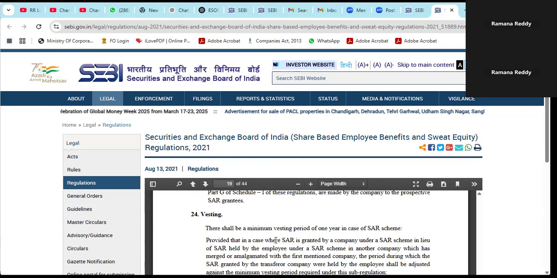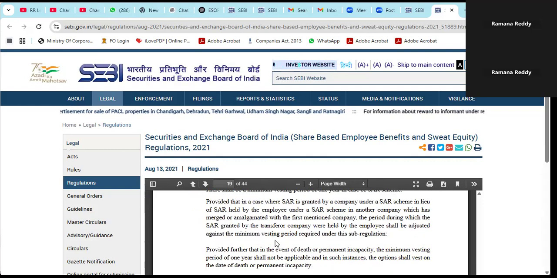There shall be a minimum vesting period of 1 year in case of SAR scheme. We have a minimum vesting period even in the employee stock option scheme. Here also there will be a minimum vesting period of 1 year in case of SAR scheme, provided that in case of SAR granted by a company under a SAR scheme, as we have discussed, like merger, amalgamation. The employee received SARs under a SAR scheme and that company merged with another company, and the vesting period is 2 years, for example, then